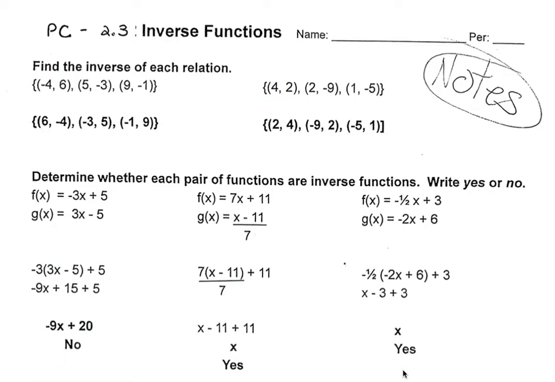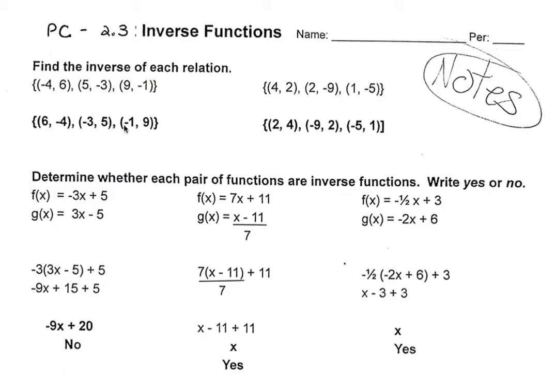Today we're going to be talking about inverse functions, and the first thing we're going to deal with is if you have a set of ordered pairs. So we start off, you'll notice the first ordered pair is (-4, 6), and then we have (5, -3) and (9, -1). Now what you will notice, this is the inverse of those,